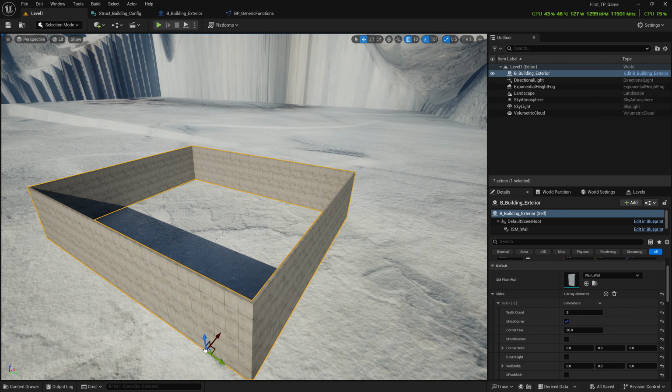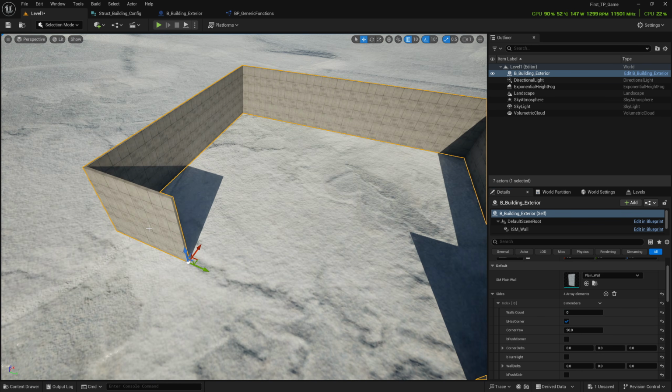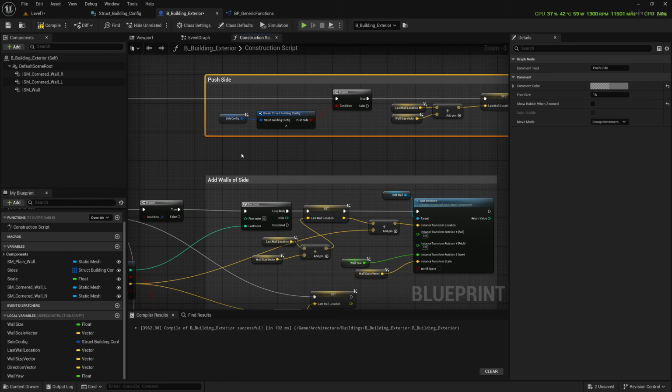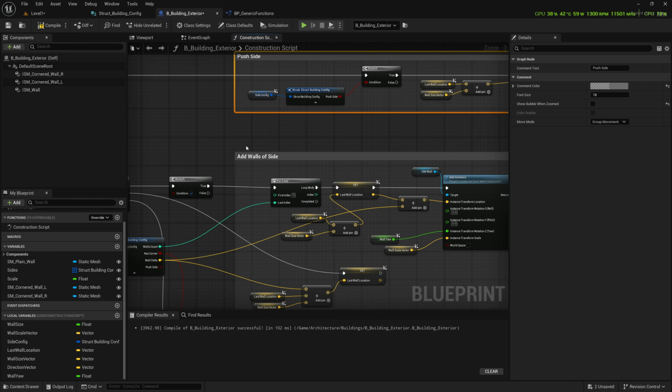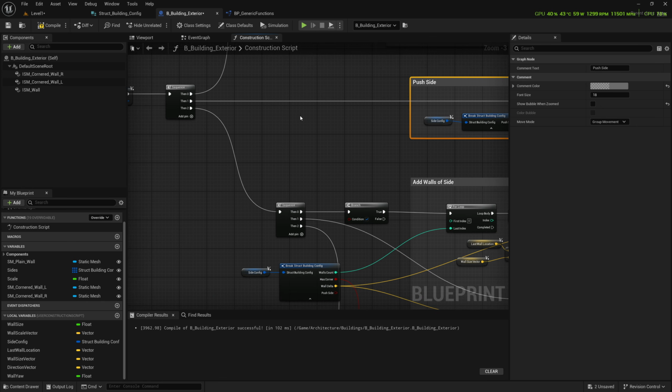Save all. Now there is one check, that is what if you do not enter any walls. If it is 0, then still it is adding one wall. So we will go in the building exterior, and this time I'll add a branch node here. So the push side and add walls should not happen if you are not having any walls, right? So what I'll do, I'll